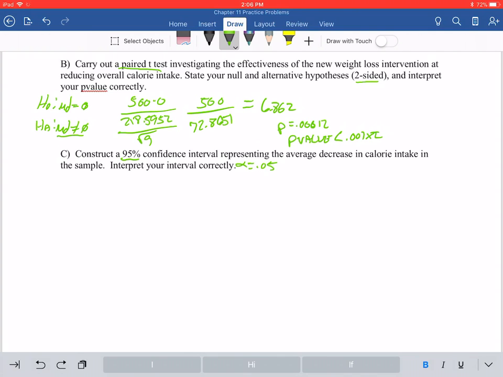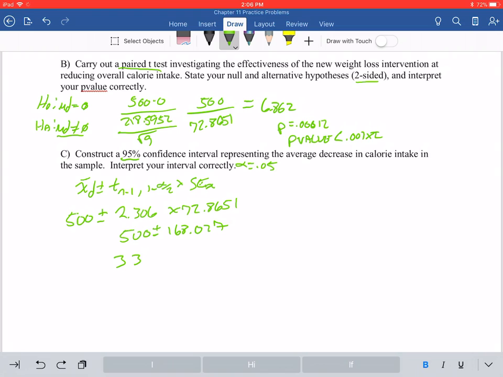We are constructing a 95% confidence interval now for this, and we're going to say our confidence interval is x bar delta plus or minus our t of n minus 1, comma 1 minus alpha over 2, which is cumulative probability, times standard error of x. Just going quickly, 500 plus minus 2.306 times 72.8651. You can get 500 plus or minus 168.027. You can get value 331.973, comma 6